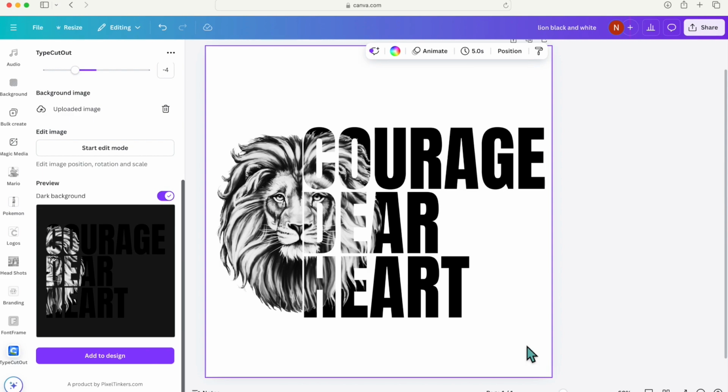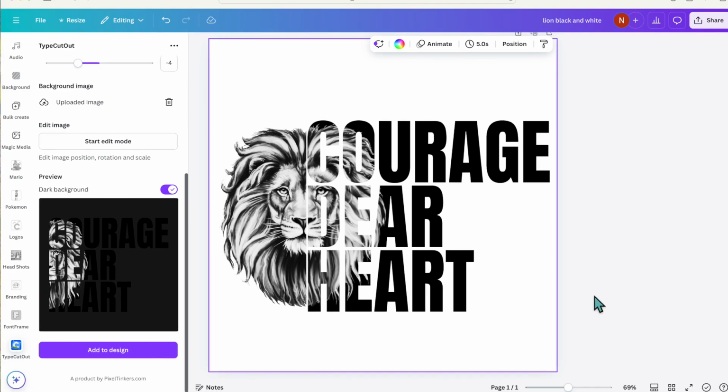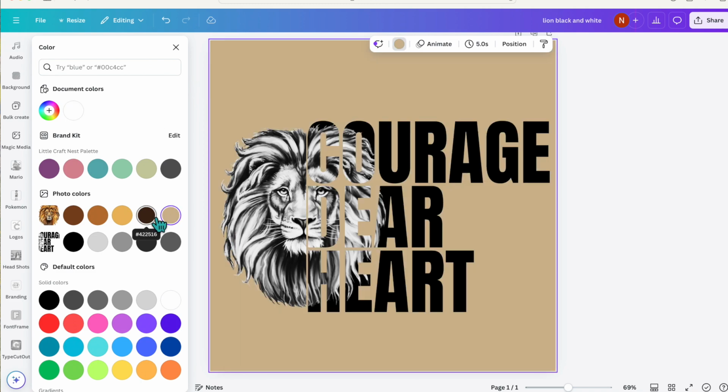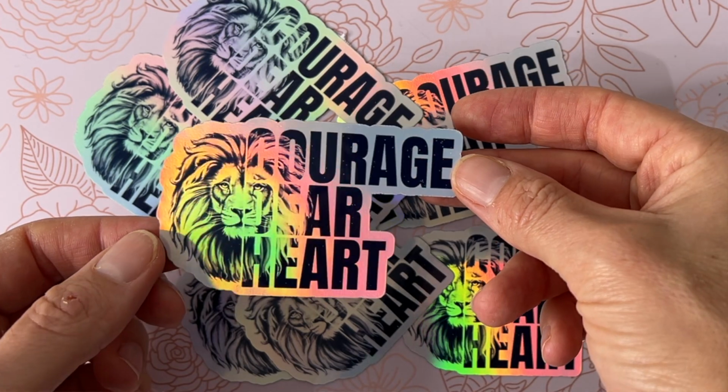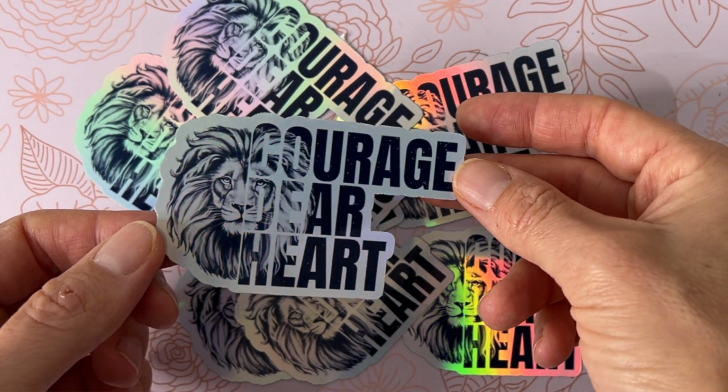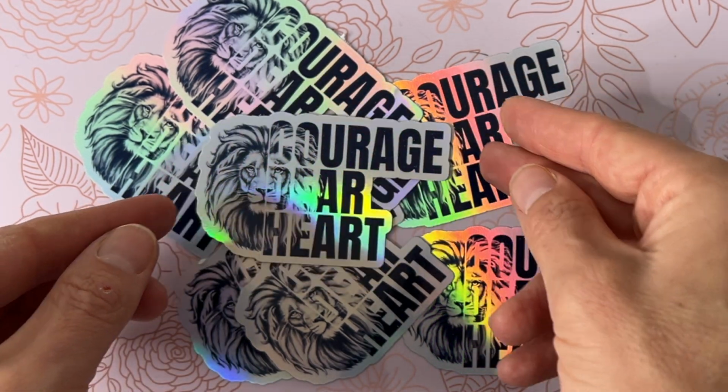And if you want to add more embellishments to this, you absolutely could. You could get more detailed, more creative, and you can do this with a variety of different images and text. You can also change the background color again if you wanted to. You don't have to keep it white, so let's do that quickly. And I think that looks pretty great as well. Here's some fun stickers that I made with that design,